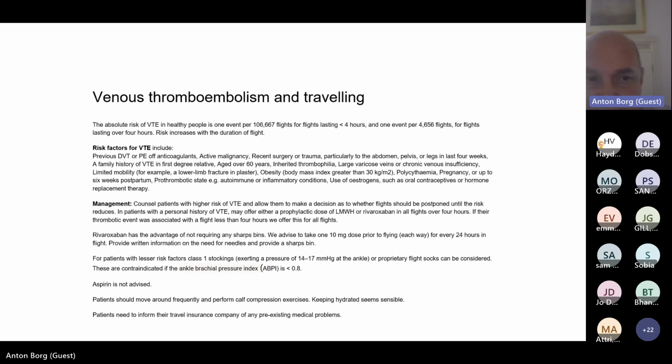Again, when you want to advise patients, you need to go through the risk factors. And I'm sure you're very much aware of all of these. So what are the risk factors for venous thromboembolic disease? It's previous thrombosis when they were not on anticoagulants, active cancer, recent surgery, that's really within the first 6 weeks and about 8 weeks, particularly if the surgery was in the legs, pelvis or abdomen. A family history in a first degree relative,